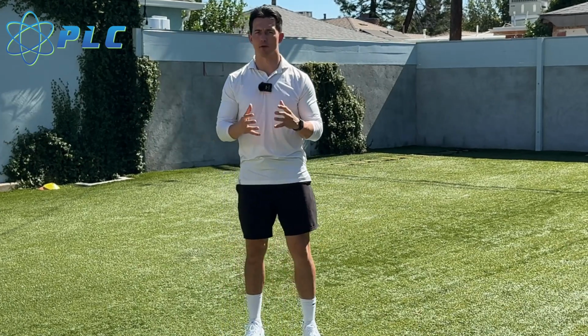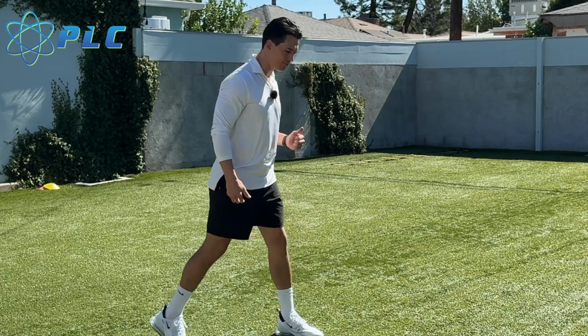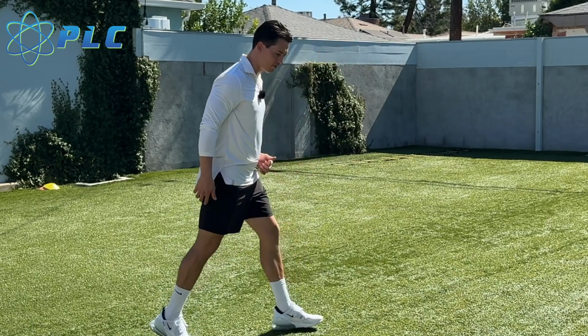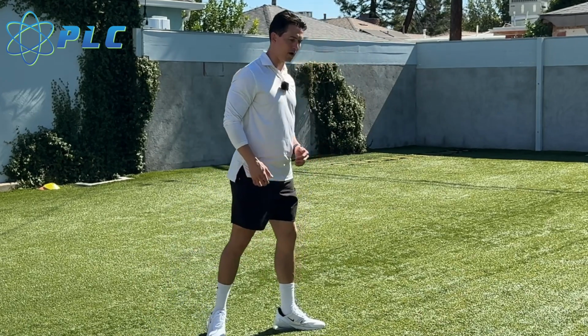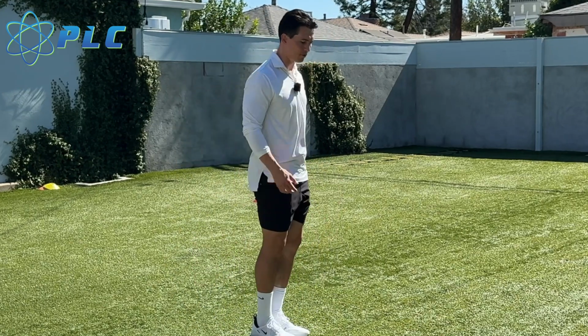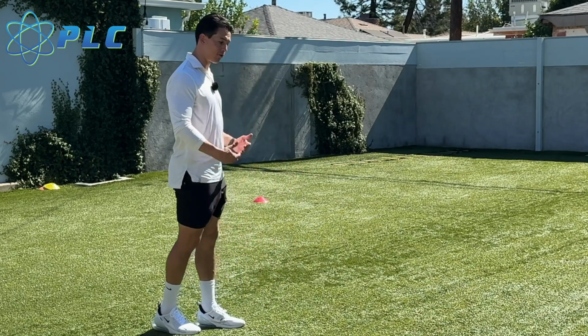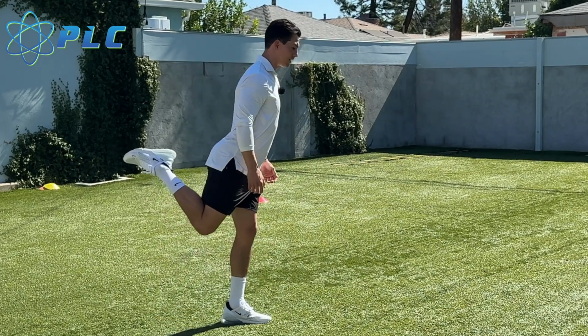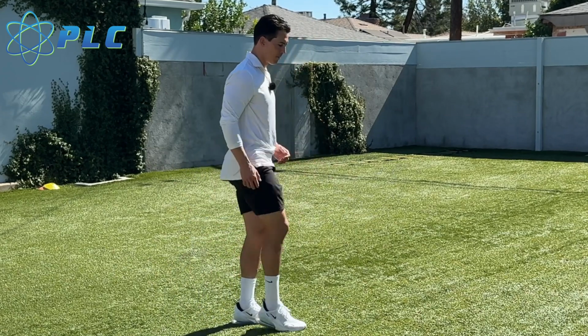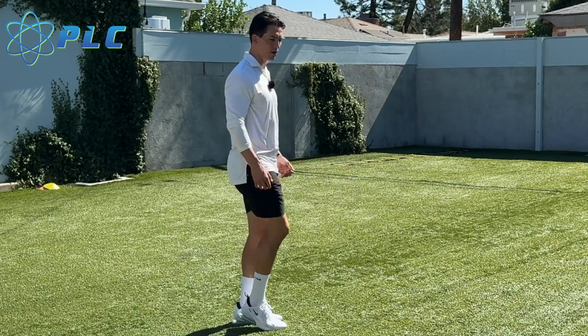The third one's going to be having the right amount of ground force when sprinting, and this really comes from the foot height. So as the foot comes off the ground, we're getting that good push off. What you want to be able to see is the foot getting high off of the ground. This is when you're at your top speed. When you're accelerating, it's much more about the front side and being strong into the foot strike. But once you get to your top speed, now we should be seeing a lot more height out of the foot as we're coming through